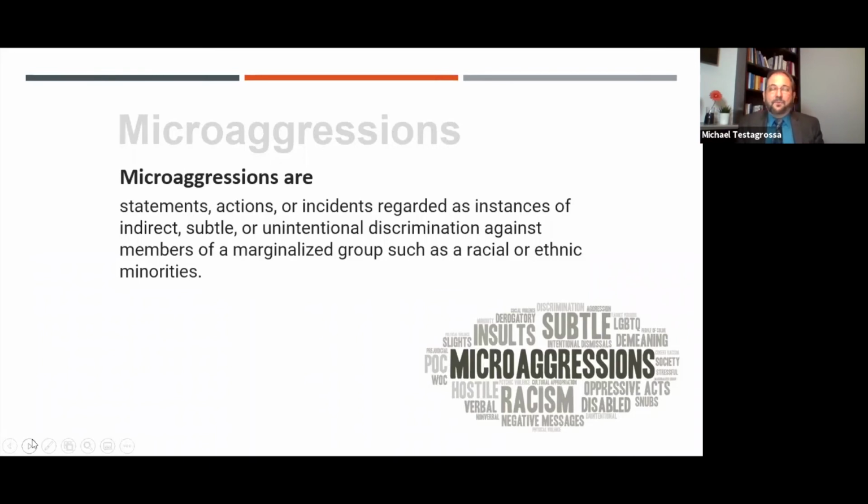We then have what ends up happening, kind of the next step: micro dismissals. These are the reaction or the lack of action in response to any of these aforementioned incidents. They're dismissed as invalid and not warranting action because it's deemed insignificant. It's just a small thing. Just don't get offended, have thicker skin. But really,